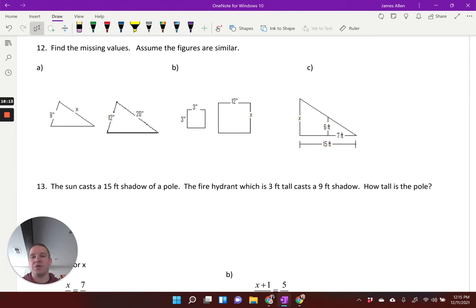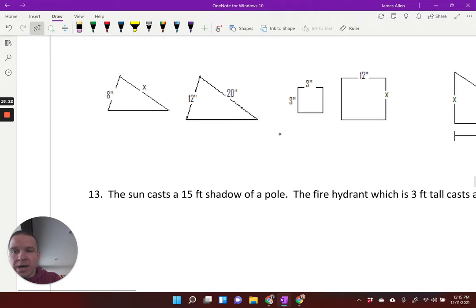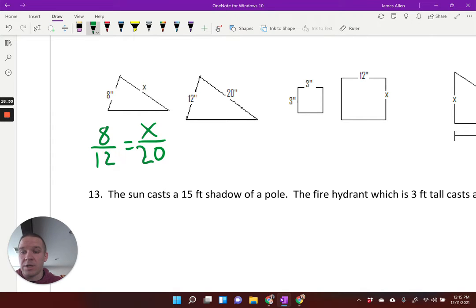All right. Find the missing values. Assume the figures are similar. So we got 2 triangles here that we're dealing with. Similar figures. I can use proportions all day with this stuff. So for this one, it looks like 8 and 12 are corresponding. 8 over 12 is equal to x over 20. And I can go ahead and cross multiply and solve. So I'm going to have 8 times 20 is 160 equals 12x. Divide by 12, so 160 divided by 12 gives me 13.3